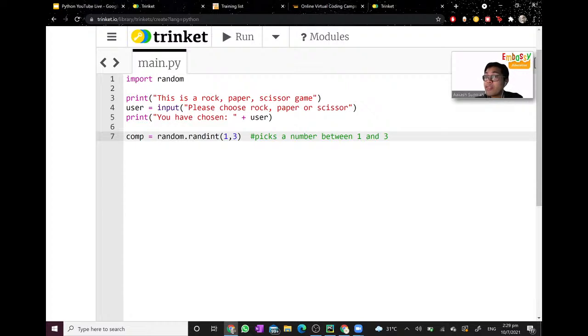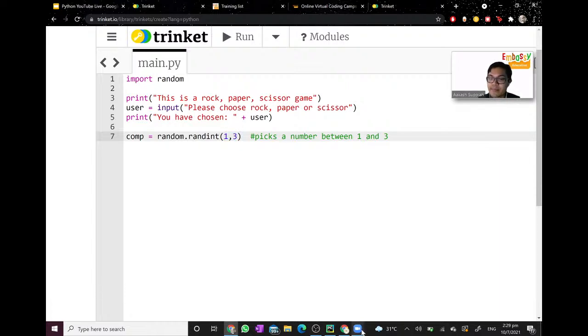It's like a random number generator, but its range is 1 to 3. If I change, let's say, 1 to 2, then it will be 2 to 3. So the range is up to what we write here. If I want the range to be 1 to 3, I put in 1, 3.